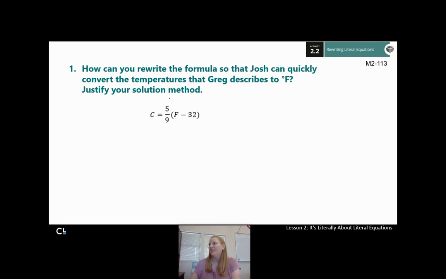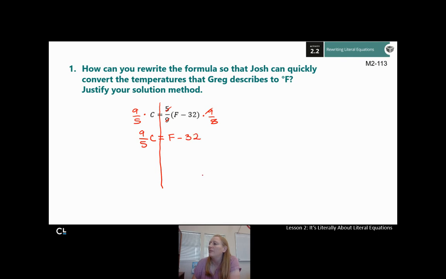All right, let's get the F alone. There are a lot of ways of doing this. I'm not going to lie, though. I'm hating this fraction. We've been talking in the past, though, about how you can get rid of a fraction. You can get rid of a fraction by multiplying by the reciprocal. So fine. The reciprocal of 5/9 is 9/5. But if you do it to one side, you must do it to the other. So this means I end up with 9/5 C equals, the 5s cancel out, the 9s cancel out,